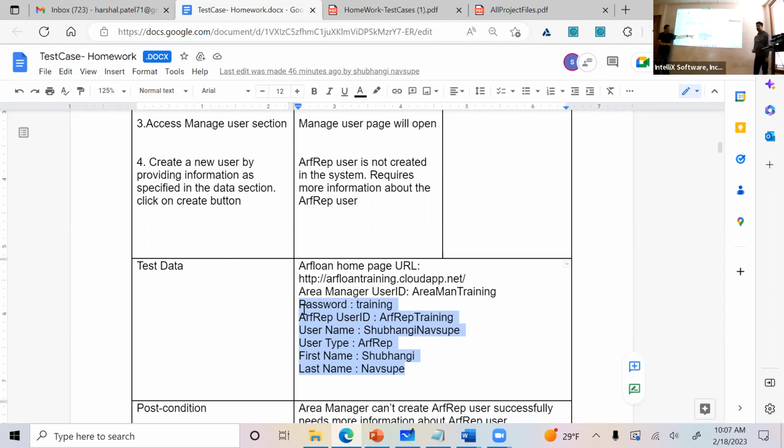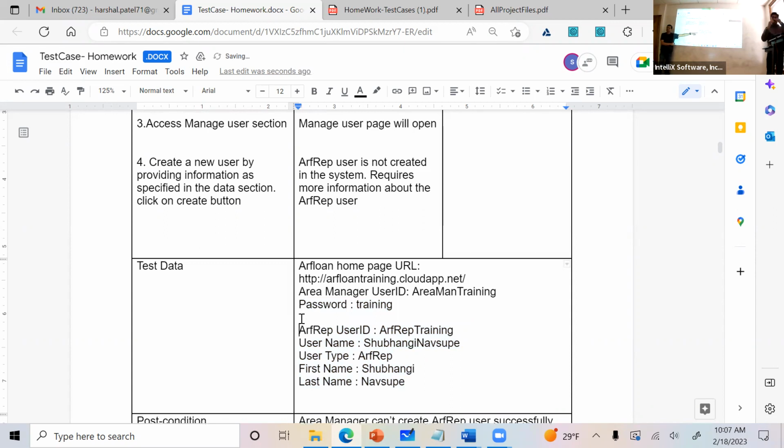Okay? So you want to make sure it conforms to the requirement. No, I give the password for the area manager to log in. So be explicit. That is not test data for creating a user. So for creating, again, break it down separately. So this one, the way I would do it,